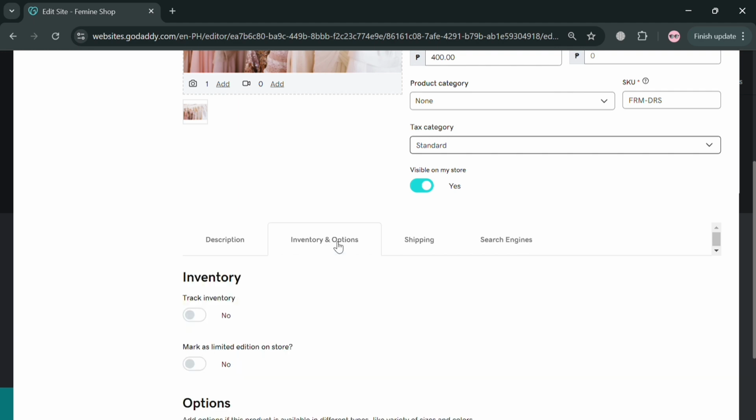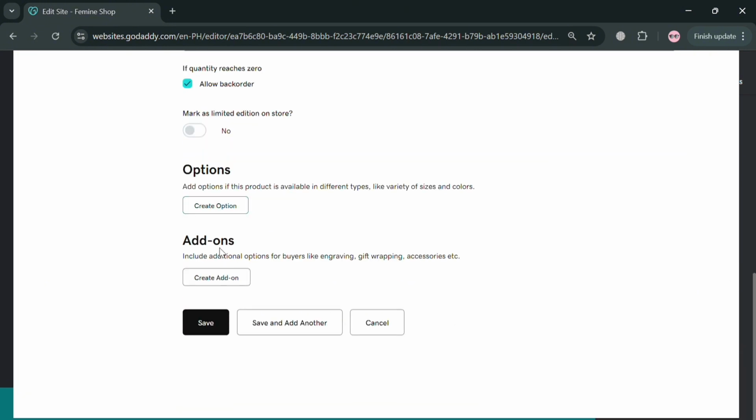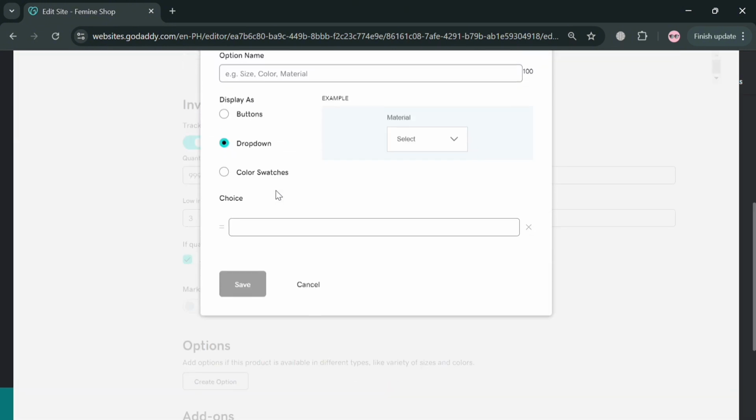Now moving on under this inventory and options, you could also track your inventory by entering here the quantity of this product, and even the low inventory alert in here. You could also allow bulk order if you want to, if the quantity reaches 0, and even mark as limited edition on store. Now moving on below here under options,